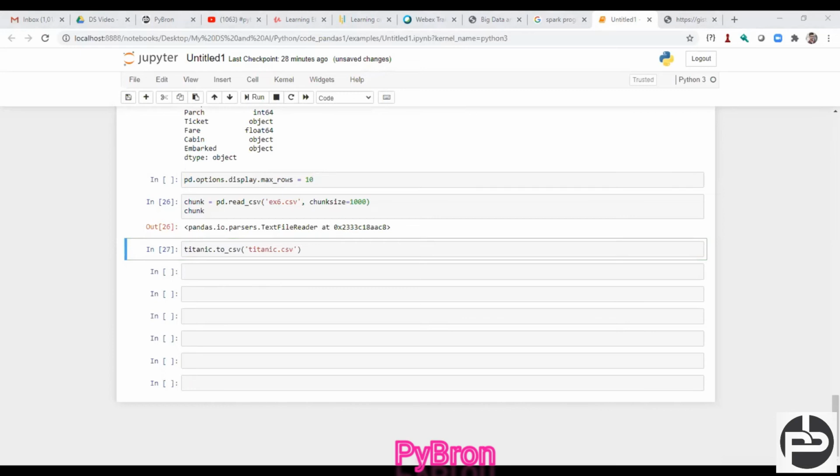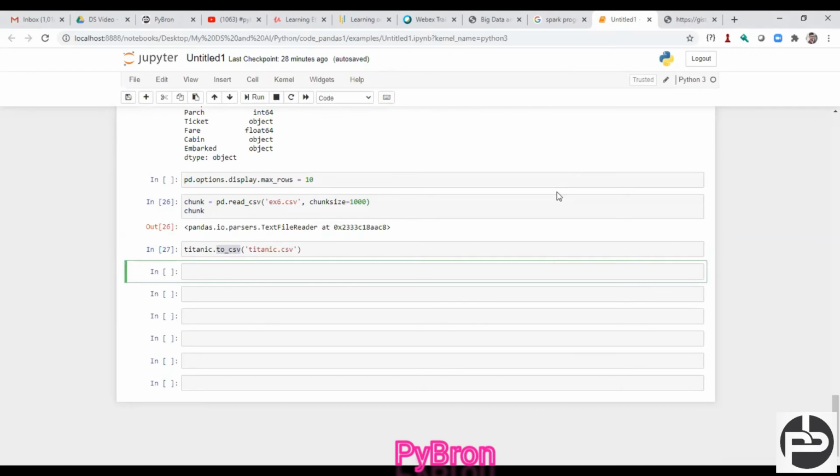You can open it and see that we got only 10 rows. In this way you can read the data as well, no problem at all. You can store the data in your main memory. So to_csv is the one method with which you store the data.